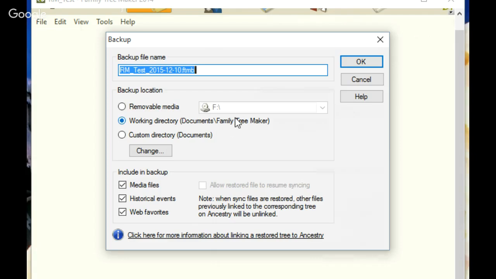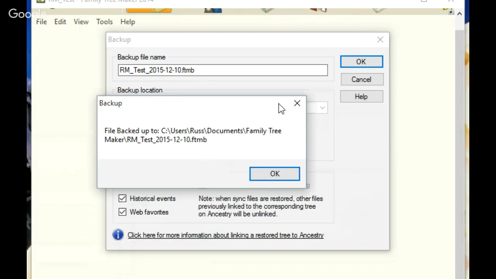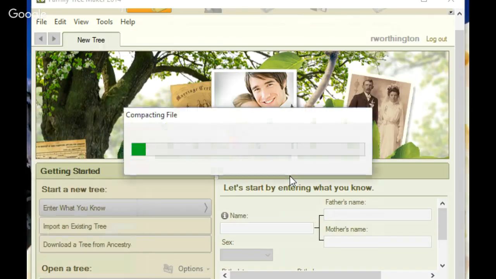This is a file, this backup file, and it will be FTMB. And you want to make sure that all of these check marks are checked. Later on, you may need these, so make sure that they're all checked. So you click OK. It's backing it up. Let me bring up the backup screen. It's been done. It's now compacting the file,